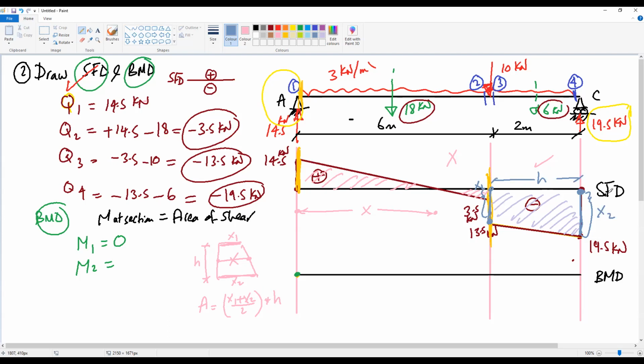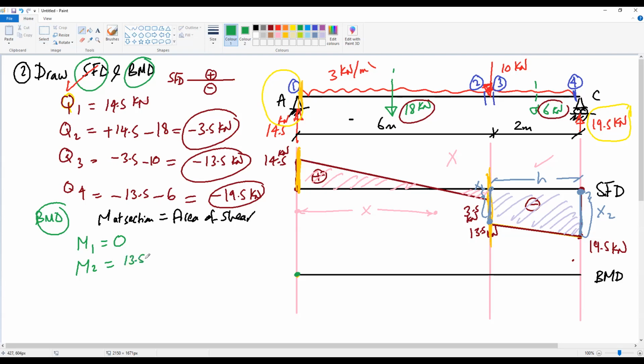So if we apply the area of trapezoid formula, if we apply it to this area,